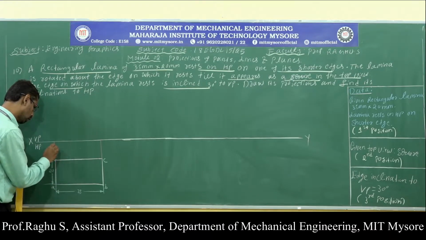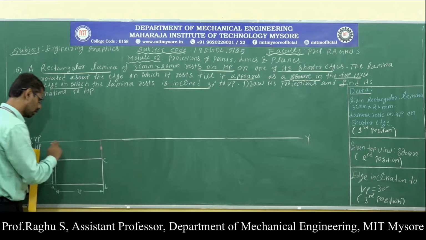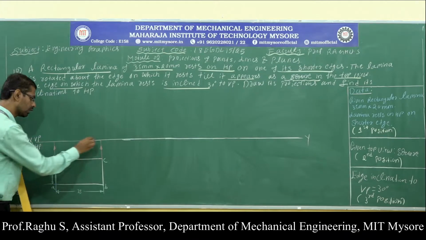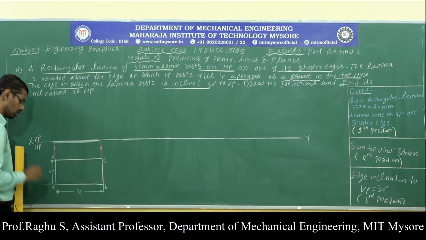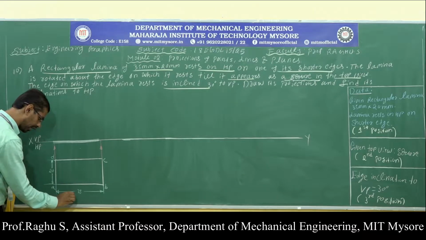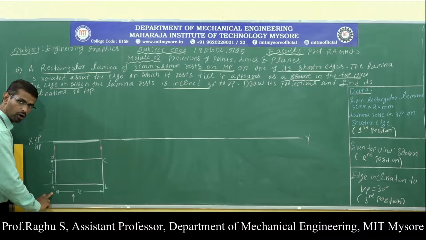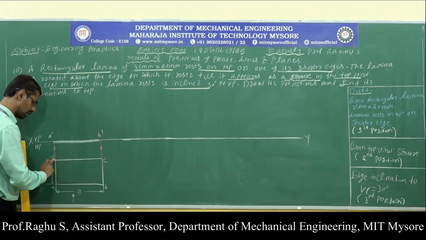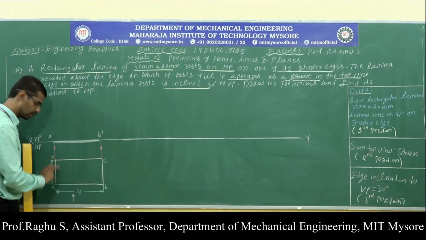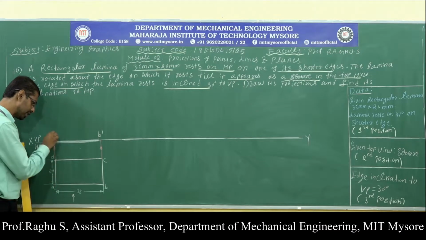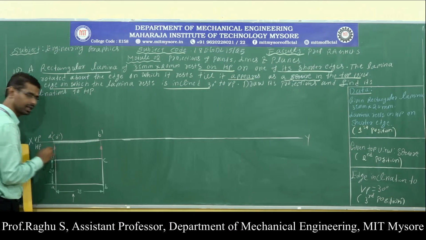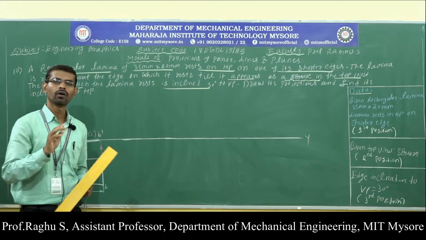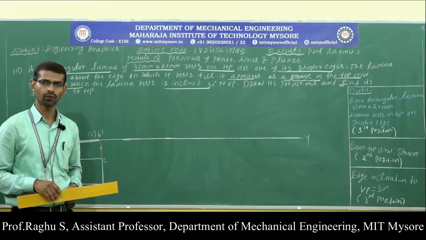So draw upward projections up to XY. The gap between these two projection lines represents the front view. So the front view is a straight line. Make it dark. Now in the front view, this is the direction of view. A visible, right? B visible. Therefore, in the front view, a dash visible, b dash visible. Is D visible or invisible? Here D is behind point A, therefore it is invisible. Write it in brackets. C is invisible, so write it in brackets. Now I have completed the first position, top view and front view.